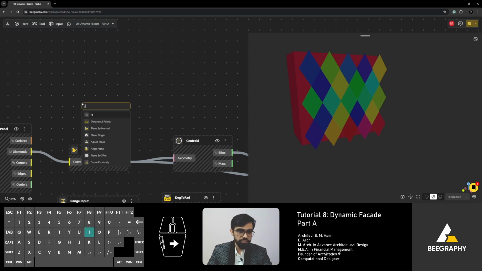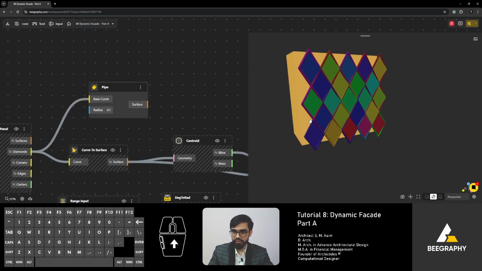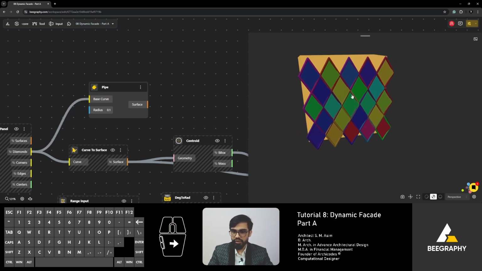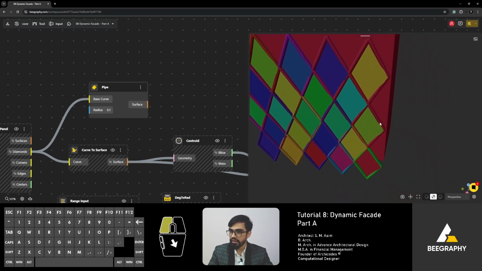If I do pipe, what pipe does is it takes a curve and then introduces a pipe on it, a cylindrical pipe. And let me reduce the radius first, otherwise it will be massive. Let's take 0.1, put it here. Nice. So we've got our pipes with 0.1 units radius,